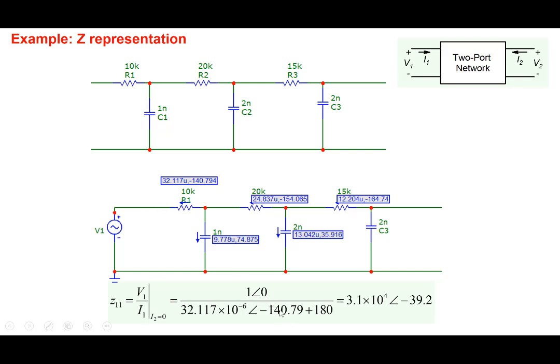So that's where we add a minus there, and the minus you can transform into an angle plus 180 kind of a thing here. So anyway, we can determine Z11 as V1 by I1. From simulation, of course, you'll get these values, and you can determine what Z11 is. Experimentally, we would have done the same thing. We would have applied a voltage here, and measured the current using an ammeter. Okay, and